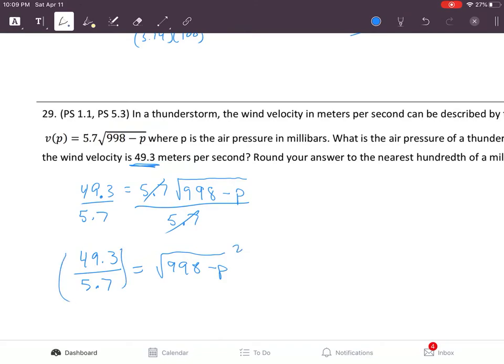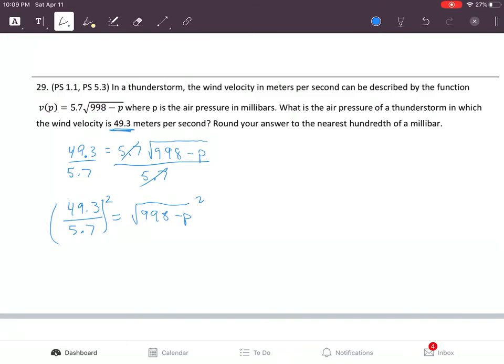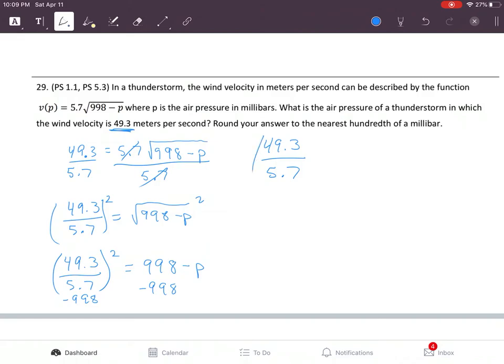Now that the square root sign is by itself, we can square both sides. We're just going to show that we're squaring it. We're not going to actually do anything with it yet. So we get 49.3 divided by 5.7 all squared equals 998 minus P. Okay. Now to get P by itself, we have to subtract 998 first. So we have 49.3 divided by 5.7, all being squared, minus 998